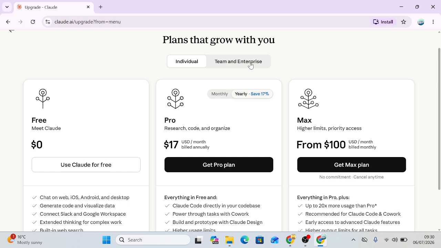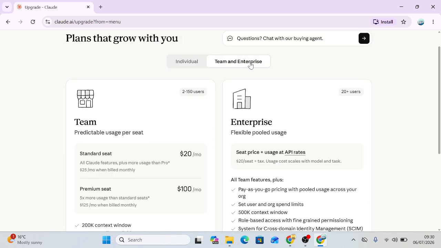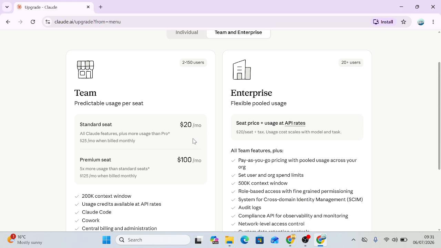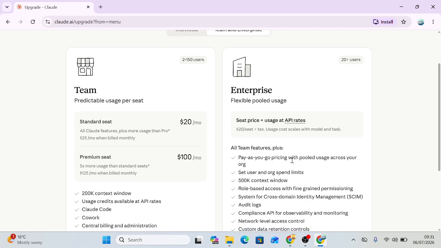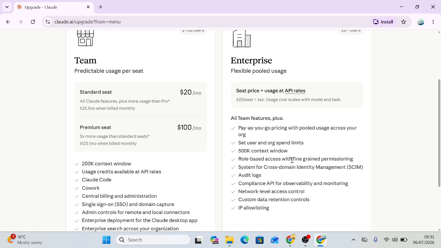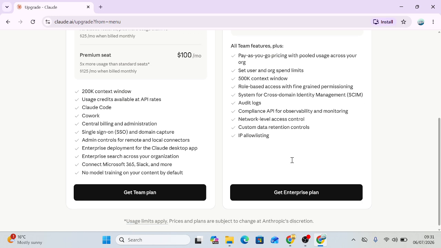Then the other category is team and enterprise. So if you have a team or if you have a small business and all of you would like to use Claude, this is a good option for you. So you can choose which option you would prefer, whether you want the standard team one, which can give you $20 a month or $100 a month, depending on which option you would prefer. Or you can choose enterprise, which gives you even more options, and so it's completely up to you to decide